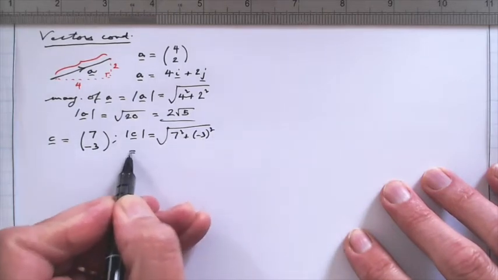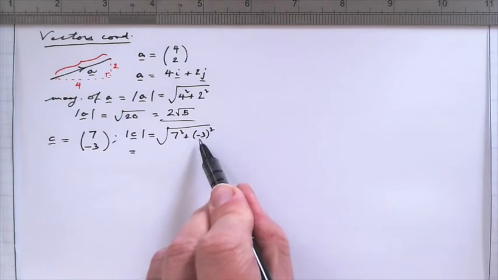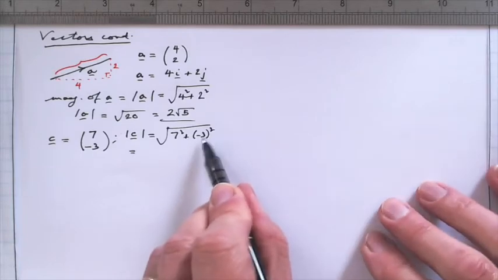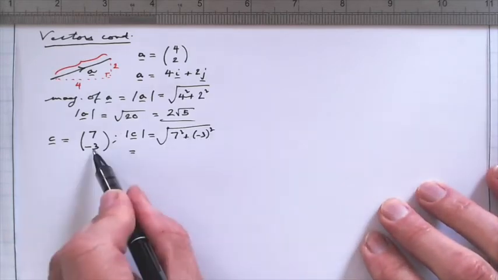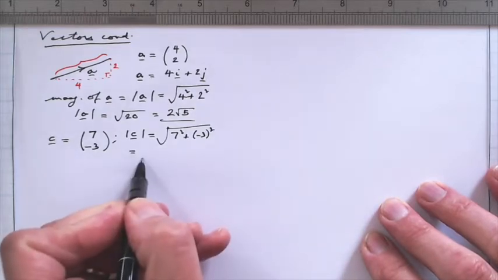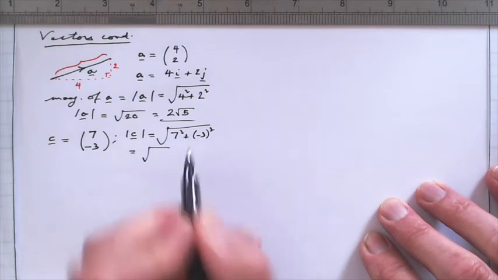Now the square of negative 3 is actually the same as the square of positive 3. I think it's good practice just to put the negative sign in there. Don't forget though that you are adding 2 positive quantities here, but that just reminds us that this is related to that component there. And so in this particular example then we have the square root of 49 plus 9,